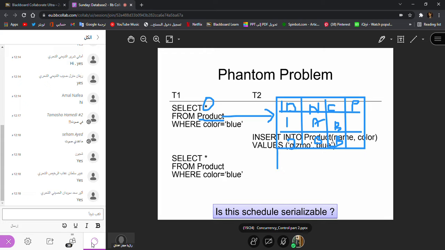So for example, I have another row here, and I have a third row here, 3, another product C, and its color is red. So I write it red.